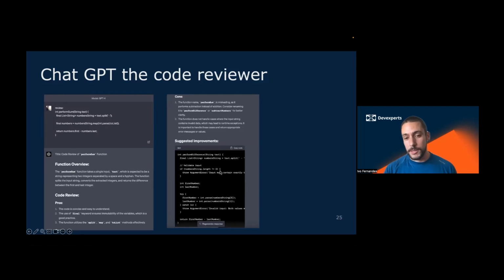that he immediately discovered: that we should validate that the length is two elements, because if we just pass one element and split on the minus, what will happen is that you subtract one number from itself and it will always return zero. So it's not really performing a difference. So ChatGPT here managed to find a bug that needs a real eye for detail to find,